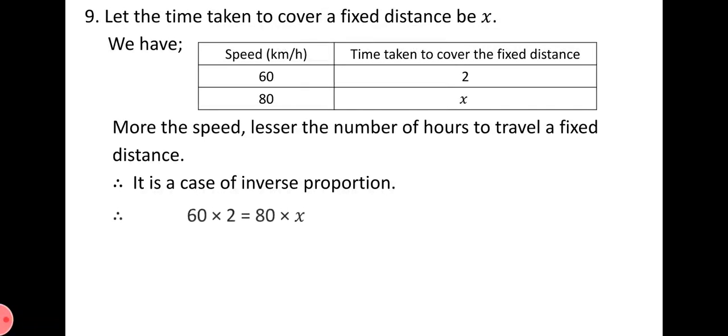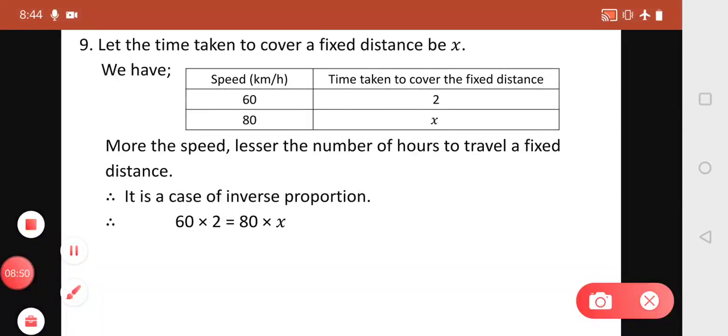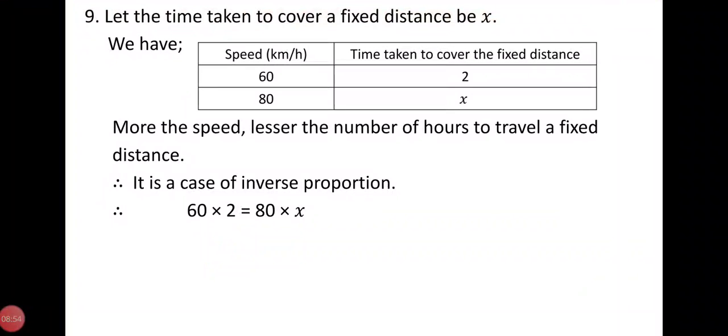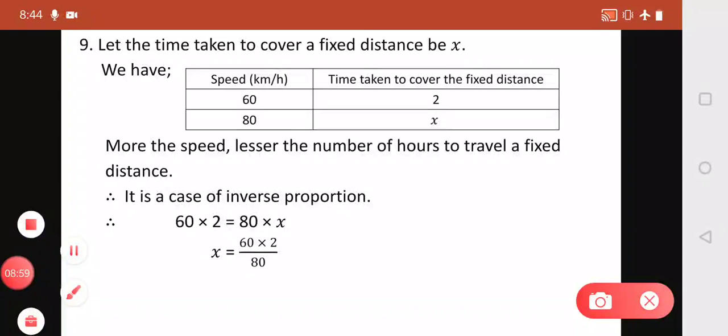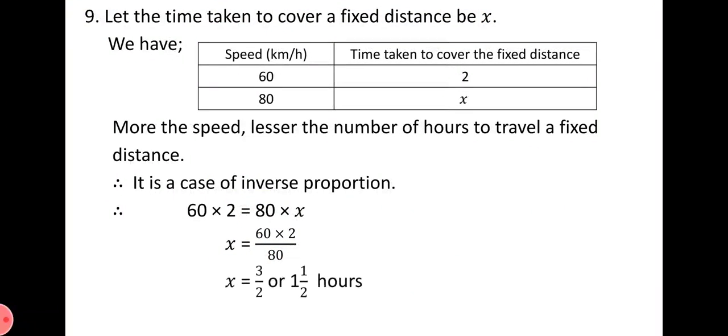Therefore 60 into 2 equal to 80 into x. Now again it is transposed to the opposite side, so we get x equal to 60 into 2 upon 80. Here again you can cut 0 and 0, 2 1s are 2 and 2 4s are 8. Again we can cut here, 2 3s are 6 and 2 2s are 4. So we get x equal to 3 upon 2 or 1 integer 1 upon 2, you can say 1.5